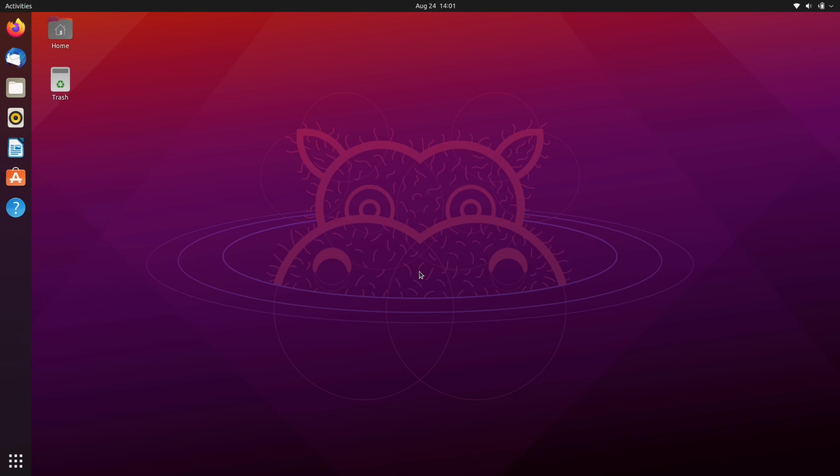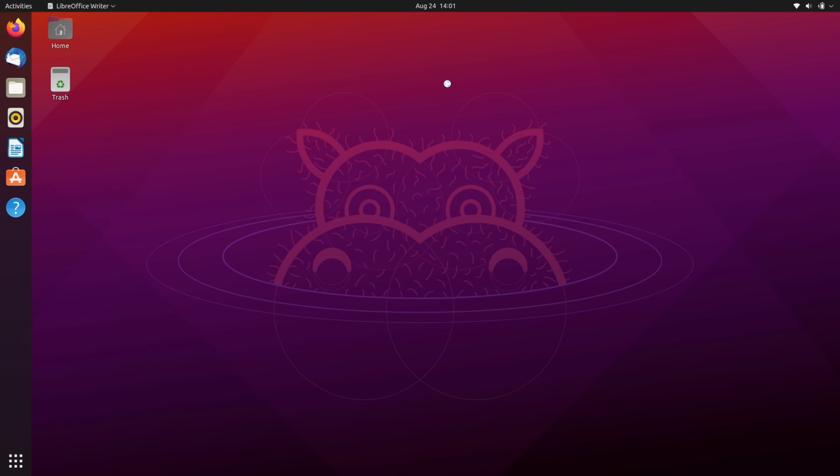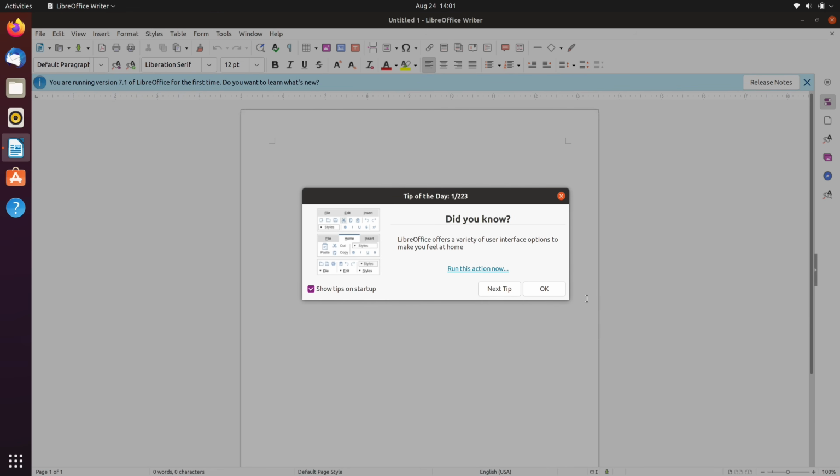All right, so here I have a fresh installation of Ubuntu on my laptop, and I'm ready to begin. I'm going to show you how to set up Flatpak support, so let's get into it. Now, what I'm going to do is use LibreOffice as an example. And currently, it's already installed. So if I open up LibreOffice Writer, for example,